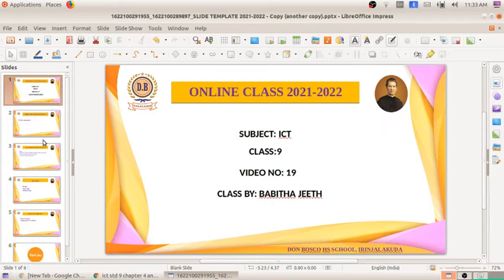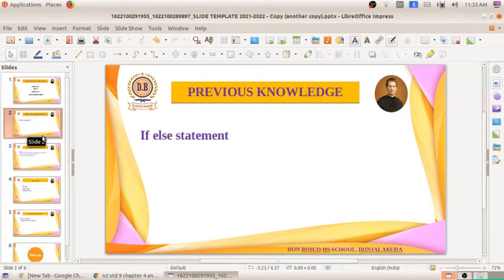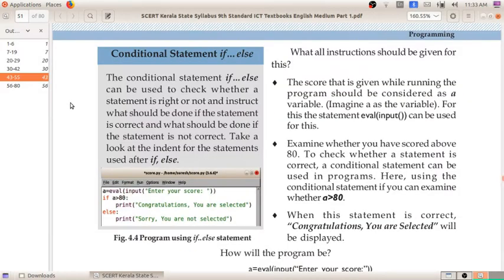Did you study the topics which we discussed in the last class? What all things have we done? We have done two activities. One is finding the sum of the angles of a polygon, and the other is an activity using conditional statements. What is this conditional statement? The if-else statement. If we give a condition, the condition can be displayed through programs by using the if-else statement. So we have done a program using this.